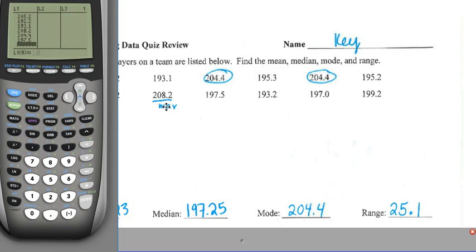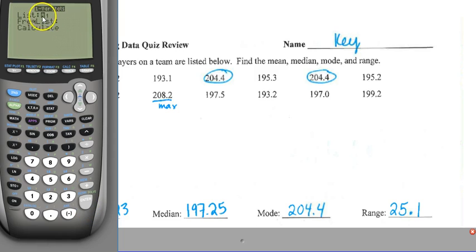197.5, 195.3, 193.2, 204.4 again, 197, just 197, 195.2, and 199.2. All right. Now notice when I hit enter, it goes to 15, but if I go back up to the last value, there's my 14 numbers. Now all I do is hit Stat, go over to Calculate, one var stats, just hit